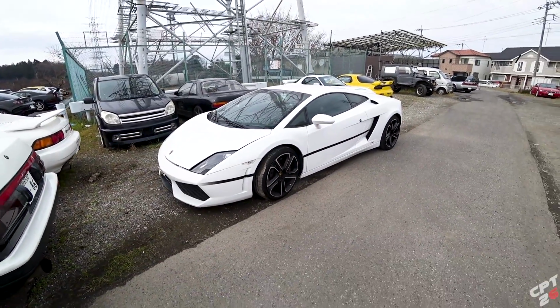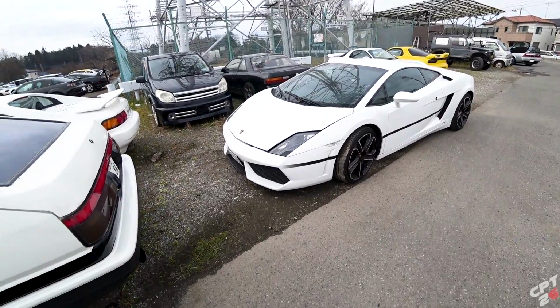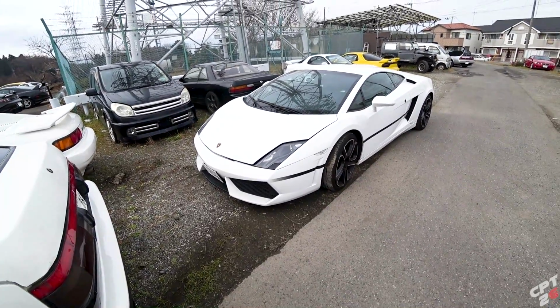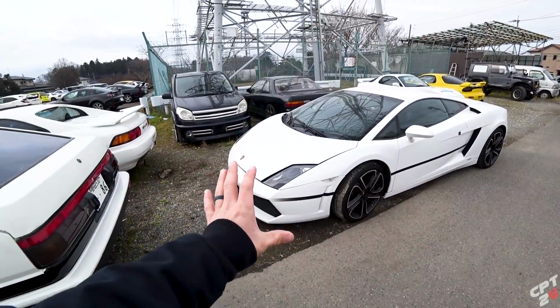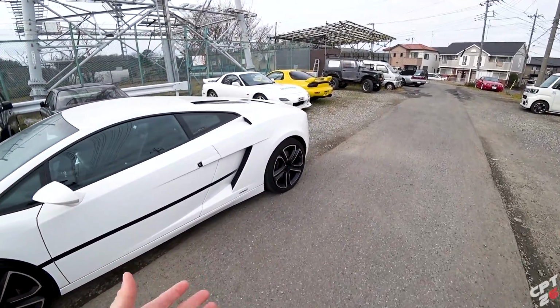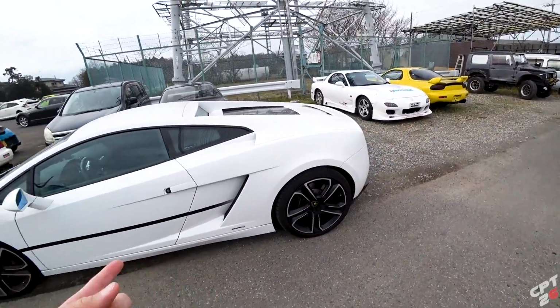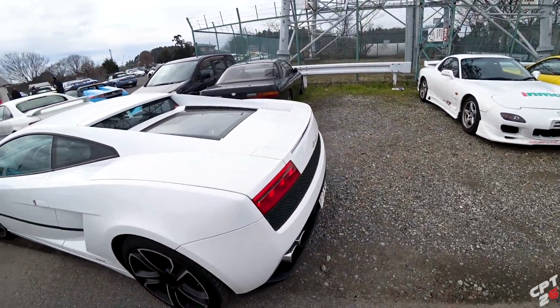And then they do have a Lambo. If you're looking to get a supercar, this one is stupid expensive though. I mean, expensive for me, maybe not expensive for some of you guys, but it's like $600 for the night. And I was like, as cool as it would be to ball out in a Lamborghini, drive in Tokyo, showing up to a car meet, it's really not worth it. I had a lot of fun in the S2000, but this is a LP 564 all-wheel drive